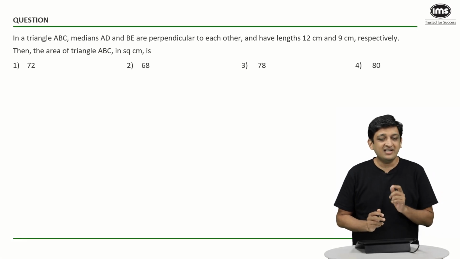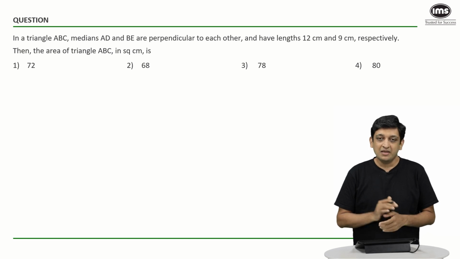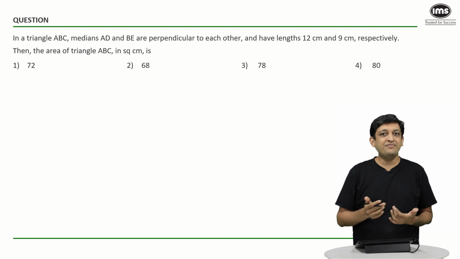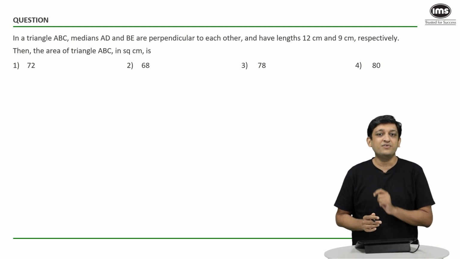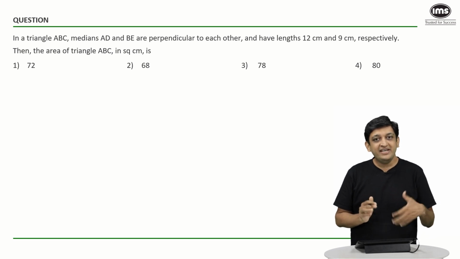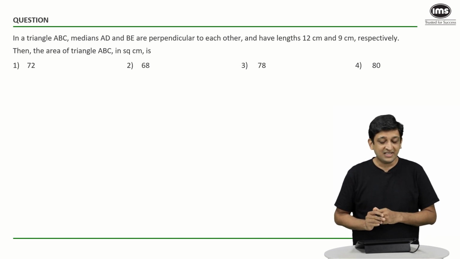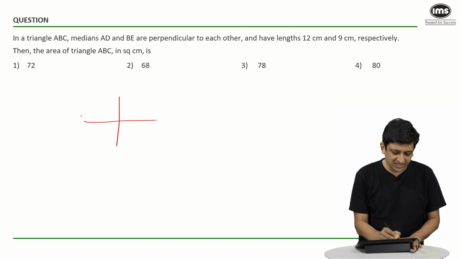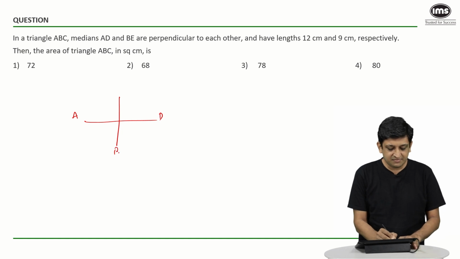Happy learning! In this question, I believe the major hurdle is drawing this particular figure. Because we are used to drawing the triangle first and then the medians, it is very difficult to draw a triangle perfectly in your first go. So what I generally tend to do in these kinds of questions is, I will draw the medians first and then I will go on to draw the triangle. So let's say, for example, I am drawing these two medians like this. Let's say this is median AD and this is median BE.